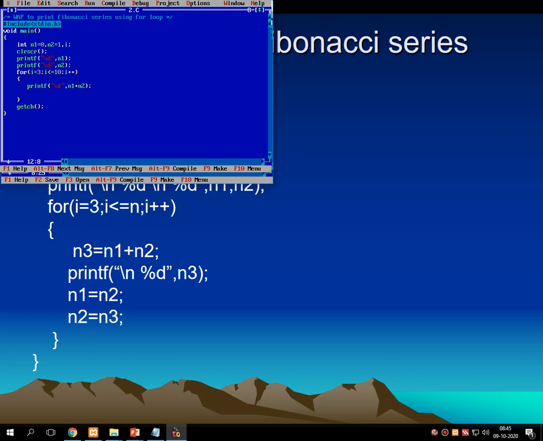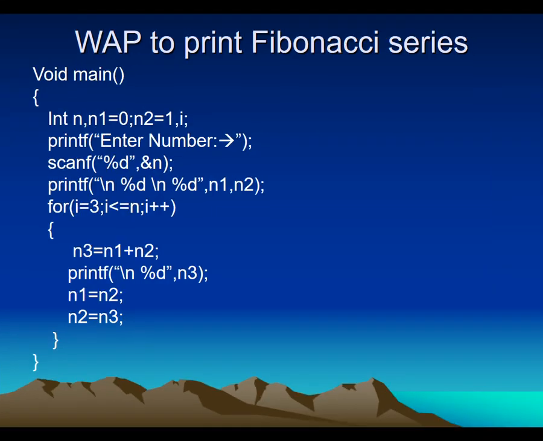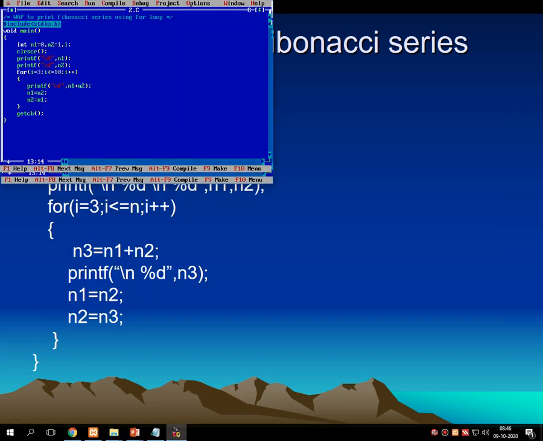Then n1 becomes n2 and n2 becomes n1. This is the logic for interchanging the numbers. Let's cross check this thing. Will it work or not? Fine, it's proper, but one thing is missing.